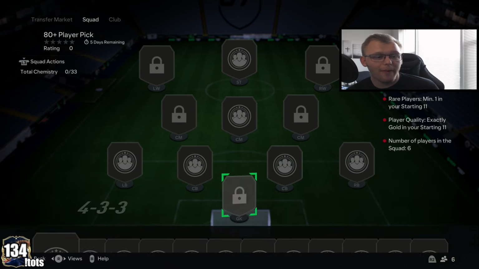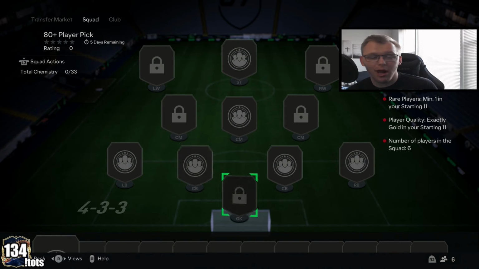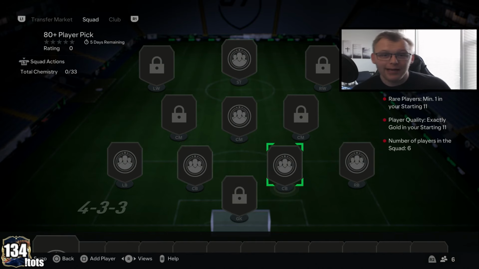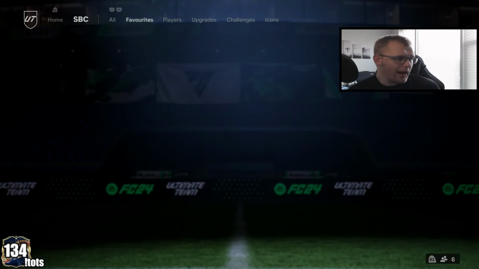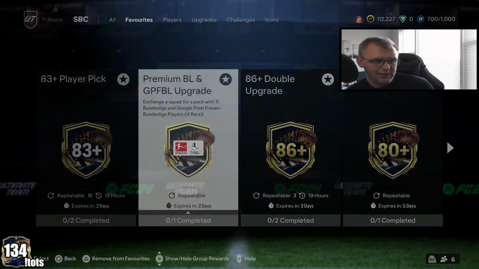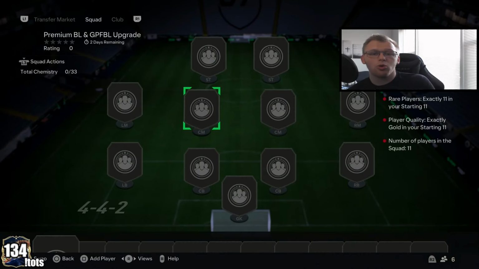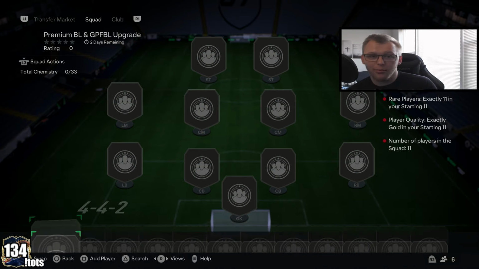If you want to stick to the format of only 1 rare in here, you can. If you only want to make player picks and you really don't care about those league specific 25k packs, aka the one out right now is the premium BL and whatever the women's Bundesliga is, where you need 11 gold rares. If you're not caring about making these, those extra rares you can just treat as golds and keep chucking them into player picks because it's not going to matter. But if you're wanting to slowly build these up over time, I'll just slowly start stockpiling gold rares. You'll end up getting more in your club than gold commons if you're using a majority of your gold commons